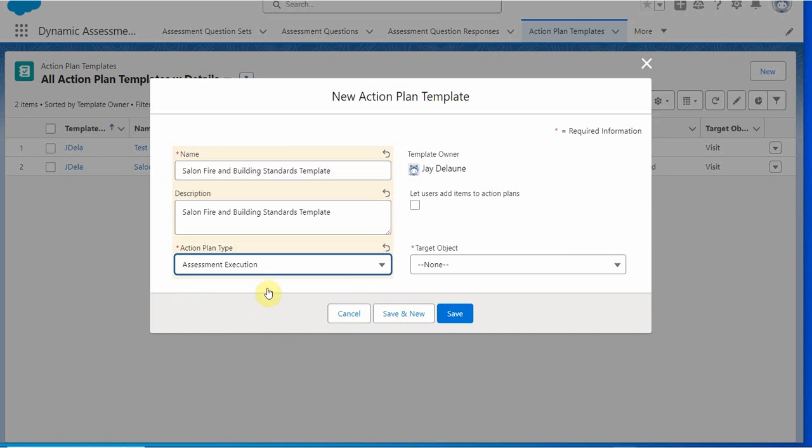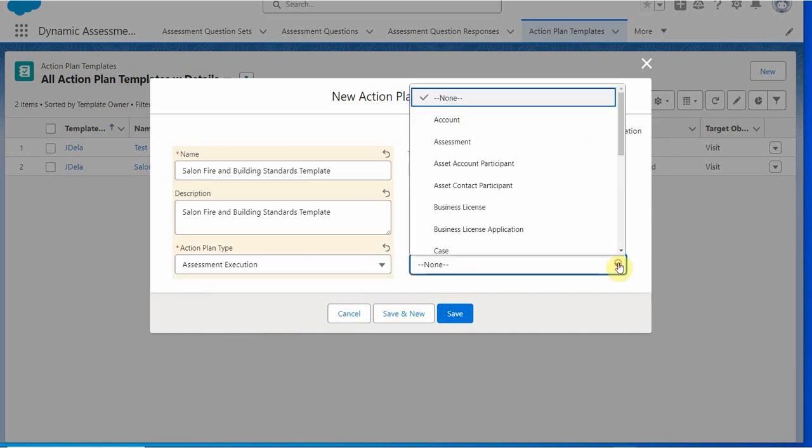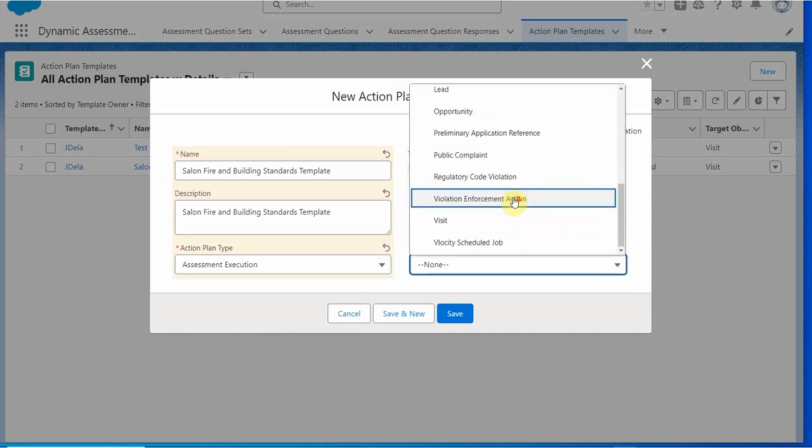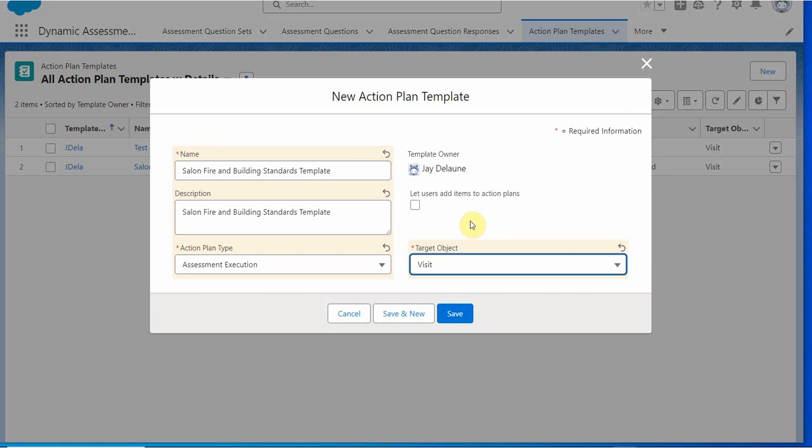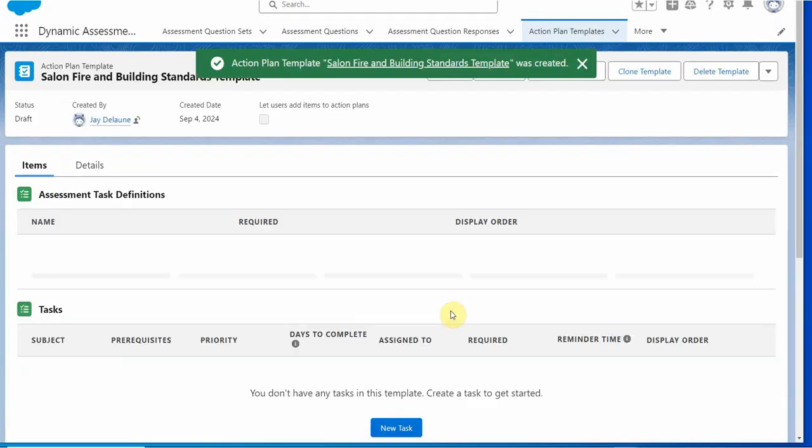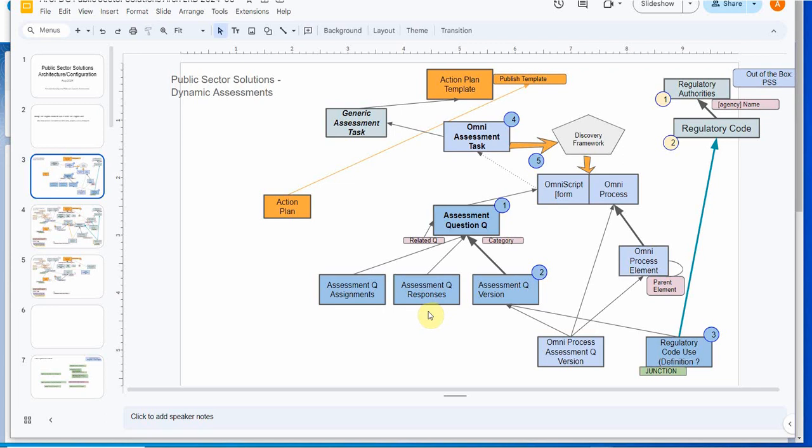We talked about this in a prior video. The target object is visit, just like we did with the inspections. And just taking a quick look at the entity relationship diagram, we've created the action plan template in that first step. In the prior video, we built the Omni Assessment Task using the discovery framework and OmniScript to pull in